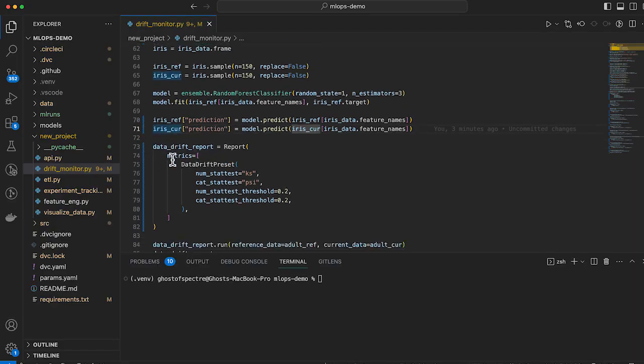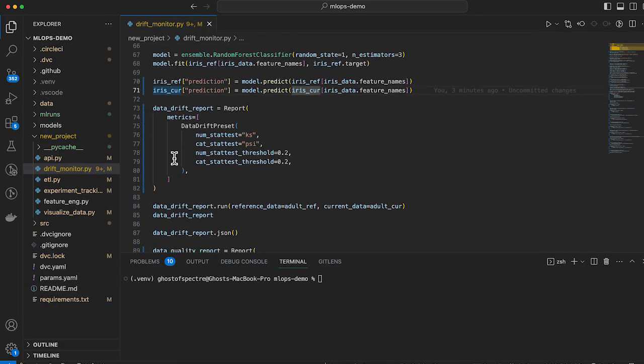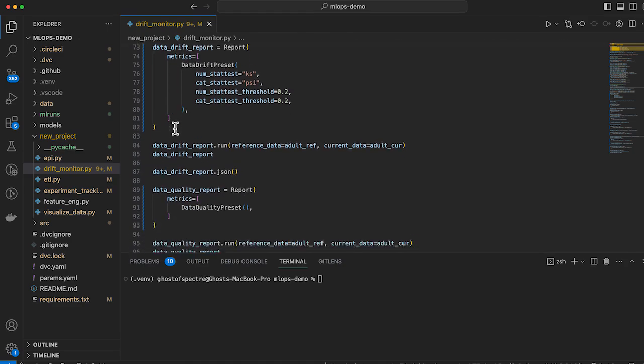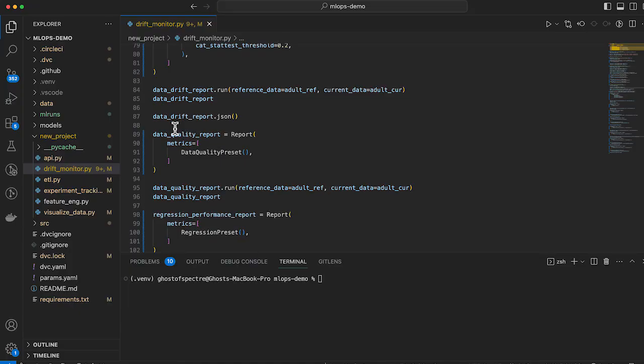So once we have these, we can start to create those different drift reports. So that's what pretty much all this script does.